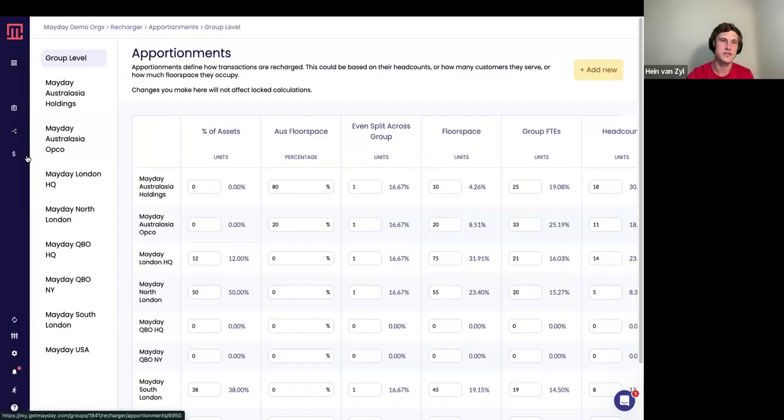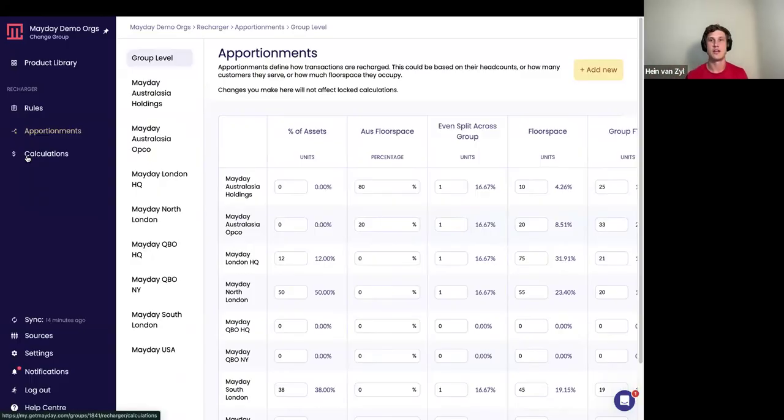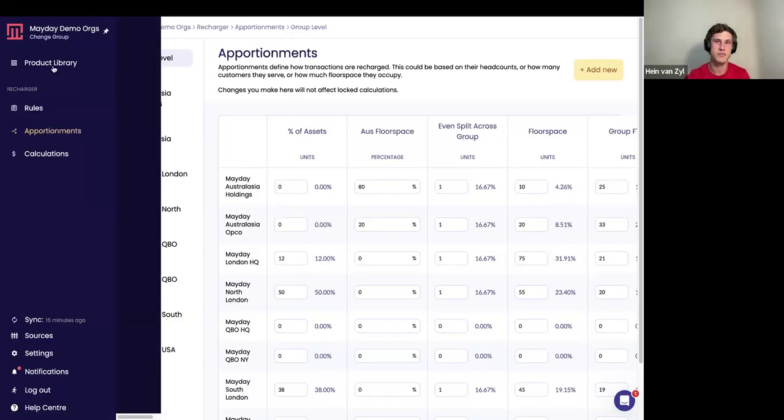That is most of the settings that you need to set up for Recharger. Beyond this, setup requires just creating a rule, and then you're ready to run your calculations during month end. But we covered all of that in our Recharger specific product webinar, so you're more than welcome to refer back to the webinar if there are any questions that you have on this. We also have an on-demand webinar within our help center that I'll show in a moment, which is a masterclass on Recharger specifically. So if you want to see exactly what Recharger can do and what rules you can create, I'd highly recommend going through that webinar. It has a lot of valuable information in there.